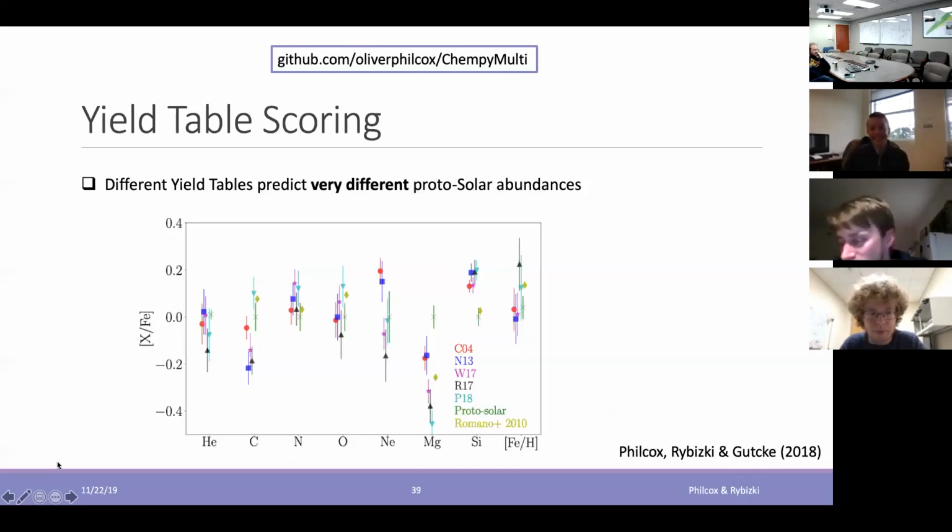There are some other things like titanium, potassium, and vanadium that are always underpredicted from core collapse supernovae. I was wondering if that's something that is debated in the community of core collapse supernova nucleosynthesis people.